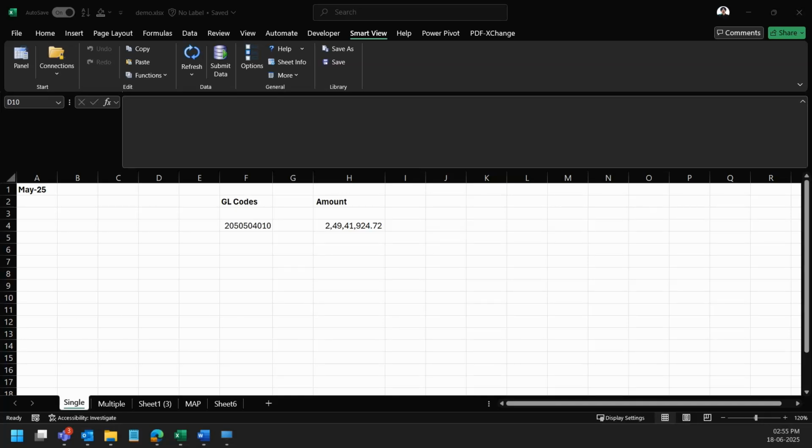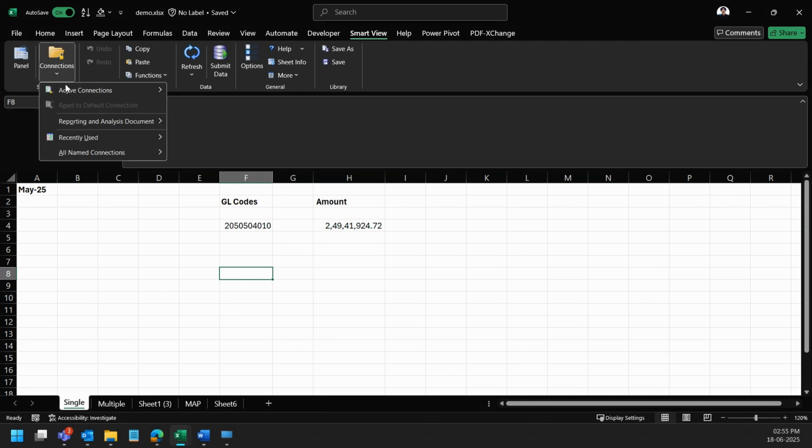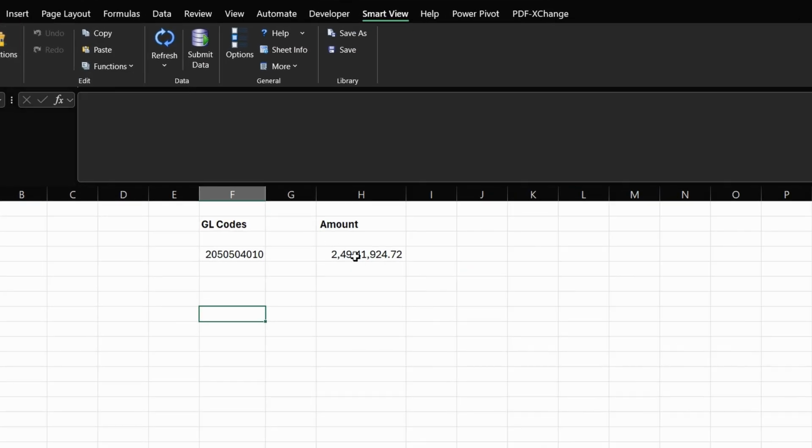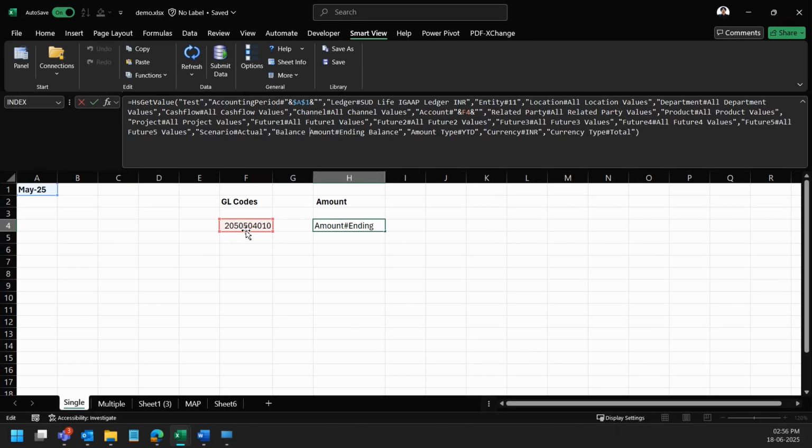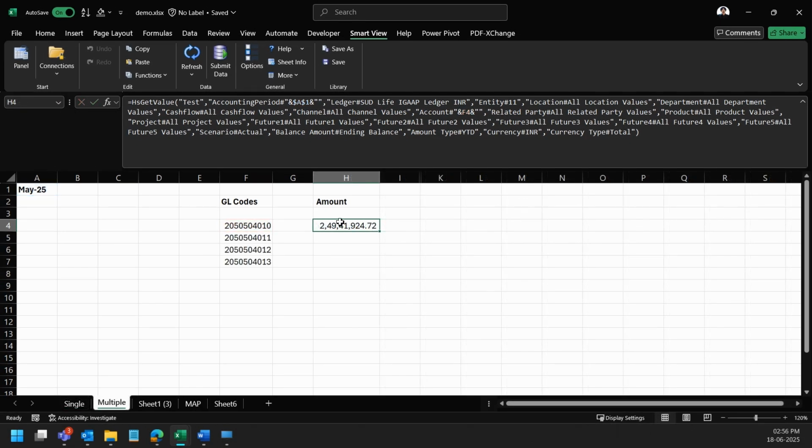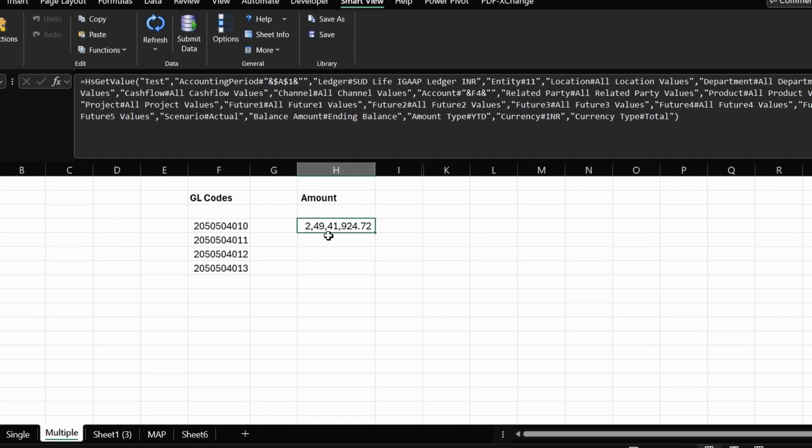So one of the major limitations of SmartView is that you cannot fetch multiple values at once of one particular COA segment. For example, here I have a private connection established and I am fetching this GL code value, which is doable without any issues. But now let's say I want to fetch multiple GL code values at once. Here the easiest solution would be to fetch values in separate helper cells and then sum it up in